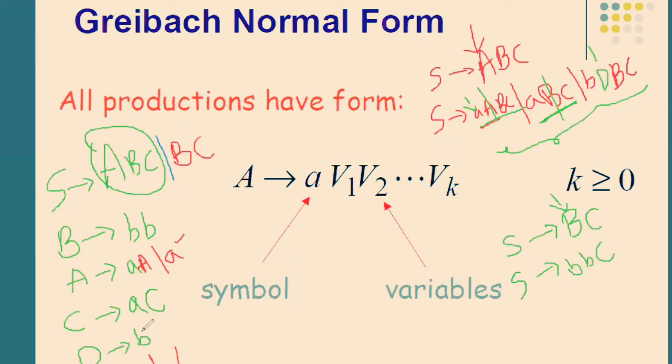And you can check here, for B I have given a definition D. So the second B that you can see here can be changed to what? It can be changed to D, right? So this is also in GNF now. So here, instead of BC, I can put this bDC, which is in GNF. And instead of ABC, I can put these three definitions over here so that the first production will become GNF.